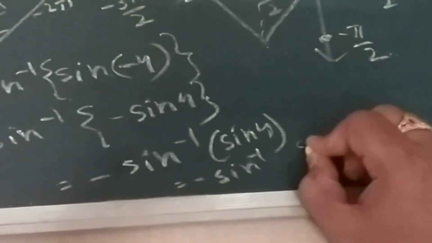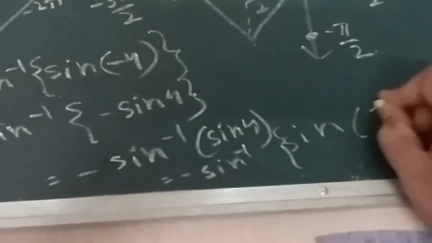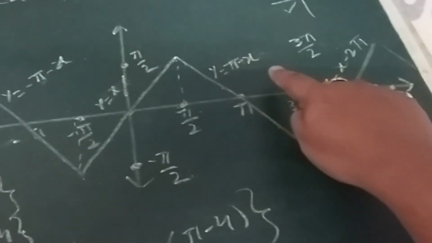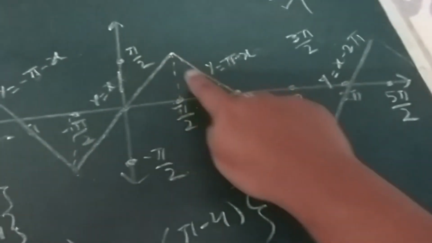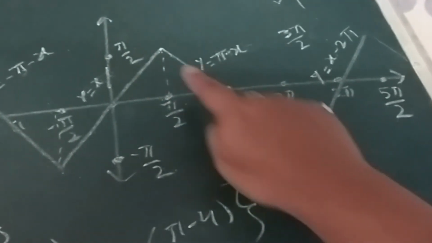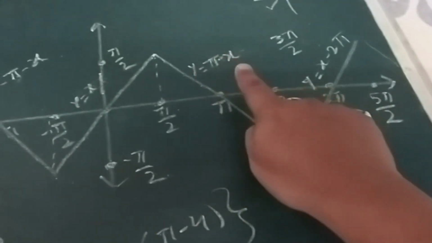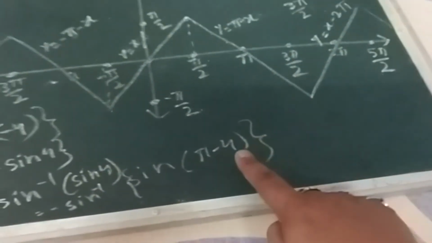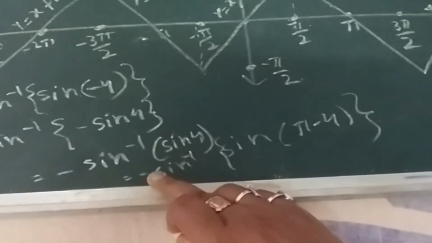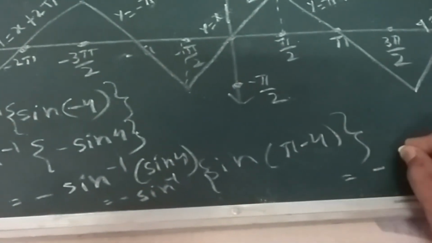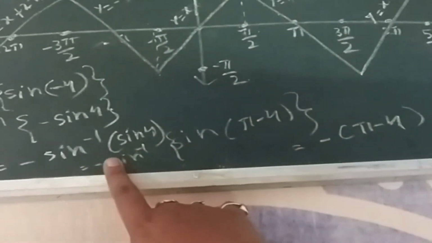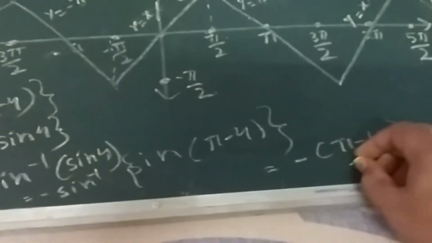So what you have to write is sin pi minus 4. According to the graph, pi minus x, it is coming down, so I have to follow this graph from pi to 3 pi by 2, this graph only will be followed, pi minus x, but here in the place of x, 4 is there, so pi minus 4, minus sign outside. So ultimately you are getting minus of pi minus 4, sin inverse and sin will go away, minus sign outside, pi minus 4, so the ultimate answer is 4 minus pi. Okay, answer will be 4 minus pi.